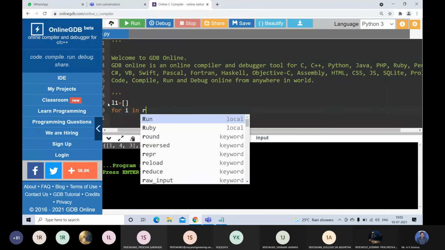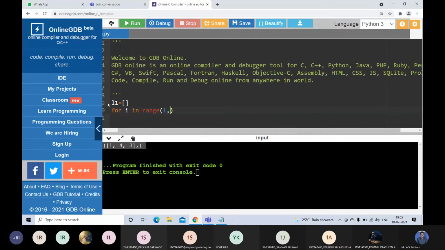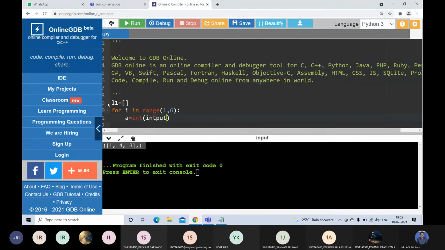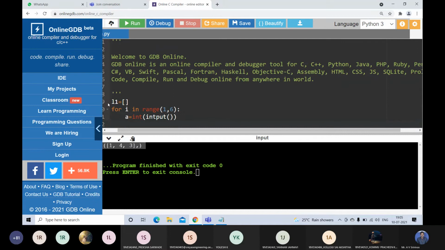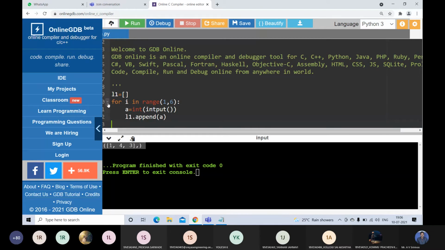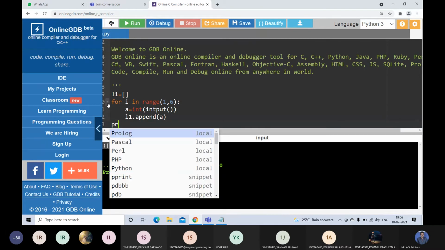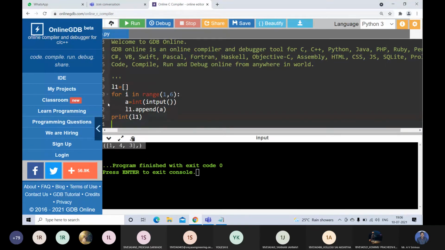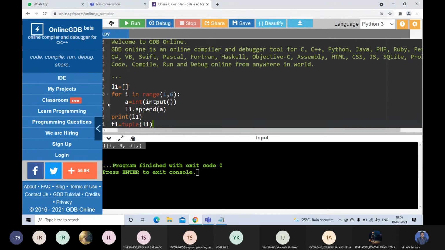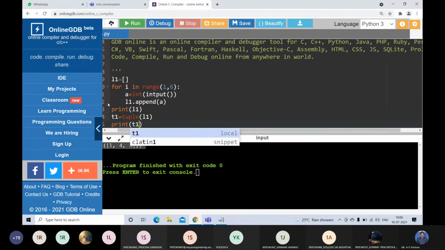I can write: for i in range of 1, 6, that means 5 values, and I am writing a is equal to int of input, and L1 dot append of a. If I print L1, it will print this list. Now I get tuple t1 is equal to tuple of L1. Then if I print t1, it will display the list as a tuple here.